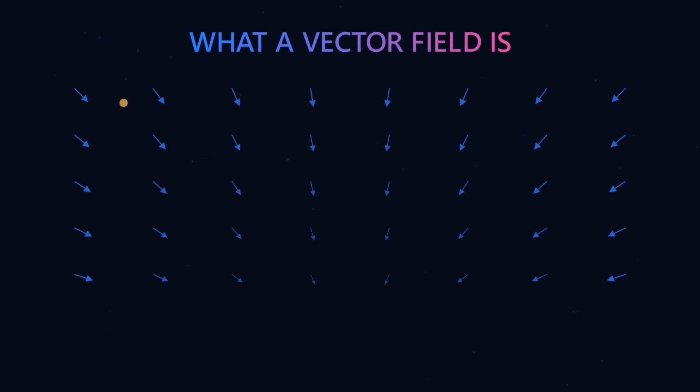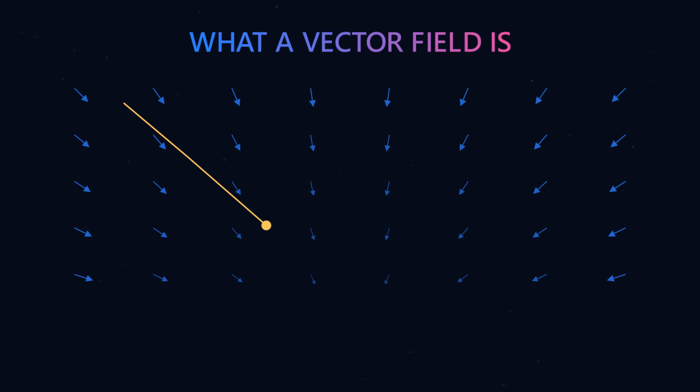Picture a two-dimensional grid covering the plane, and at every single point on that grid, draw a small arrow, a vector, pointing in some direction with some length. That's a vector field, a function that assigns a velocity to every point in space. Drop a particle anywhere on this grid, and the arrow at its location tells it exactly which way to move and how fast at that instant. Nudge it forward slightly, look up the new arrow at its new position, nudge it again. Repeat that infinitely often, in the limit of infinitesimally small steps, and the particle traces out a smooth, continuous path